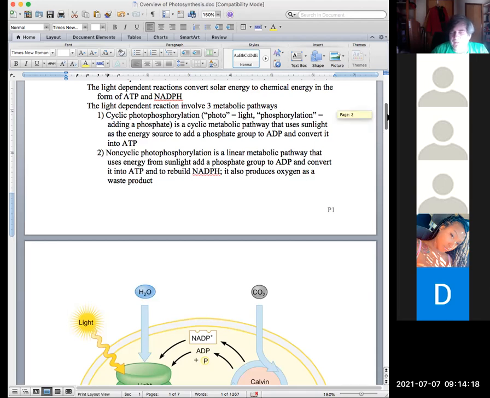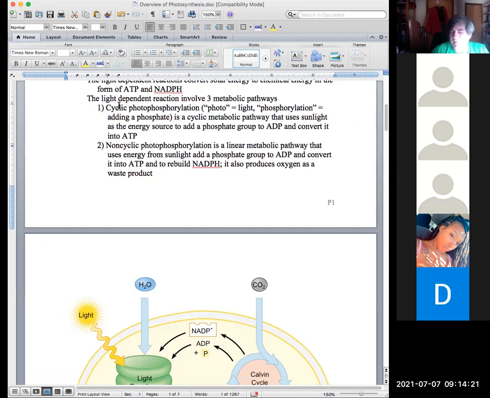When we look at photosynthesis, there are four main pathways, and we can divide them into two categories. There are three pathways that are part of what we call the light-dependent reactions. These include cyclic photophosphorylation, a really long name, don't let it psych you out. Photo means light. Phosphorylation means you're going to add a phosphate group to something. So this means we're going to use the energy from light to add a phosphate to something. Actually, we're going to add a phosphate group to ADP,